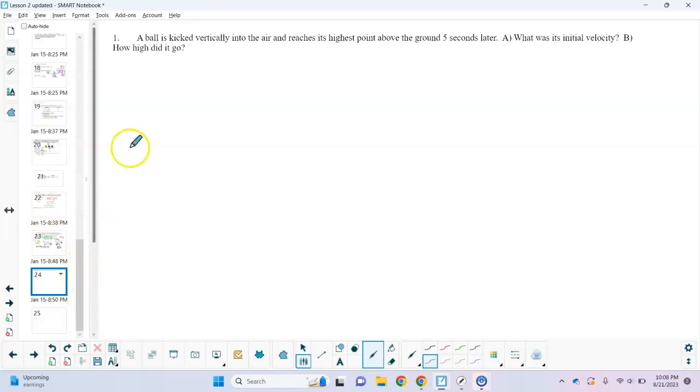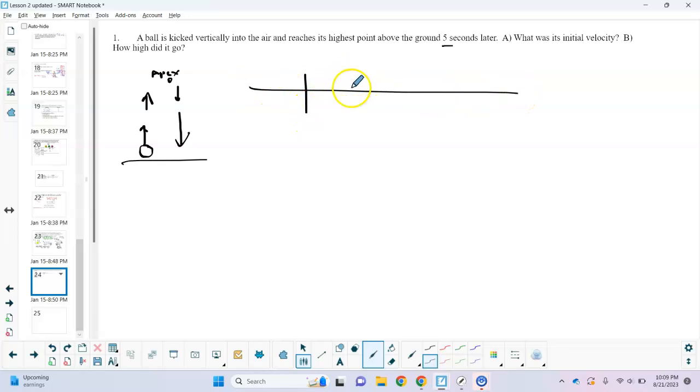A ball is kicked vertically in the air. So there's the ball. It's kicked vertically upward. It reaches the highest point. So the highest point is going to be the apex. At 5 seconds, it says, what is the initial velocity, how high it will go. If it asks for how long it was in the air, you would just double this and get 10. So it's on the way up, it's slowing down, gets to the apex, and then it starts to come back down and speed up. Okay, so again, same format, setting up the charts,